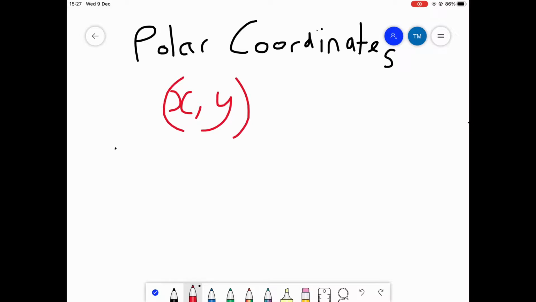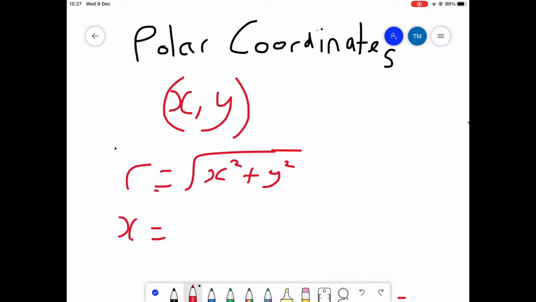Now, to get the value of r, r is going to be the square root of x squared plus y squared. So r is the magnitude of x and y. The magnitude of r is Pythagoras of x and y. Okay, and then to get x, we need to do x equals r cos theta, and y equals